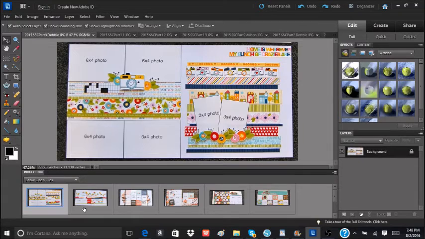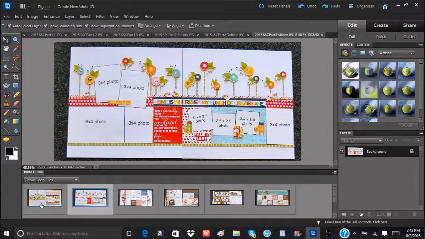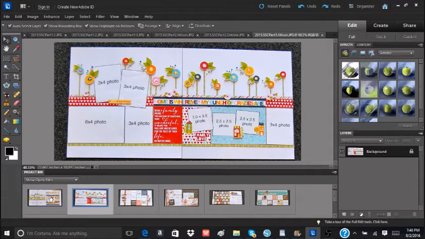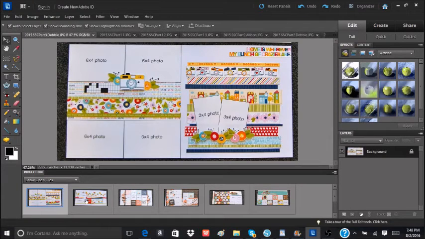But what they do is they will send you 2 sketches and 2 samples. So you've got these 2 that use the same supplies, but you're deciding between the 2 that you want to make. Unless you double up, then you can make both. So I don't double up, so for this one I've got these 2,